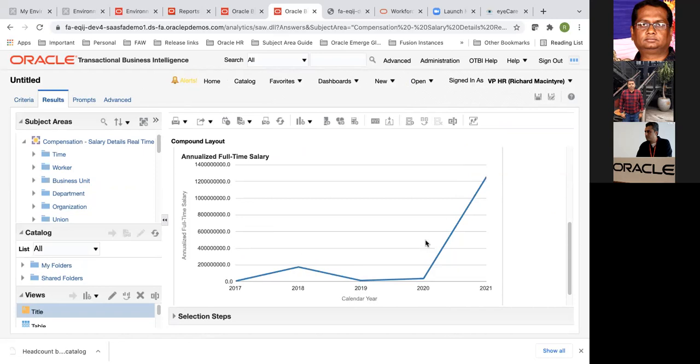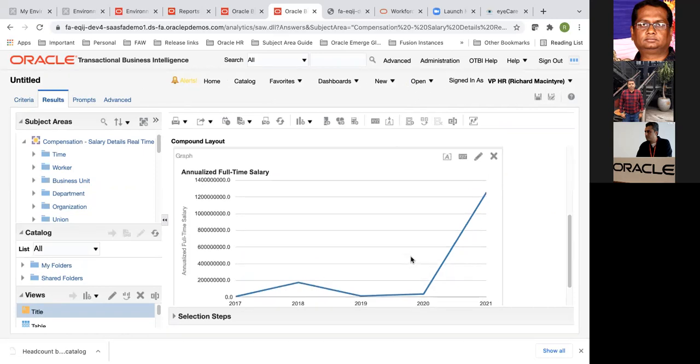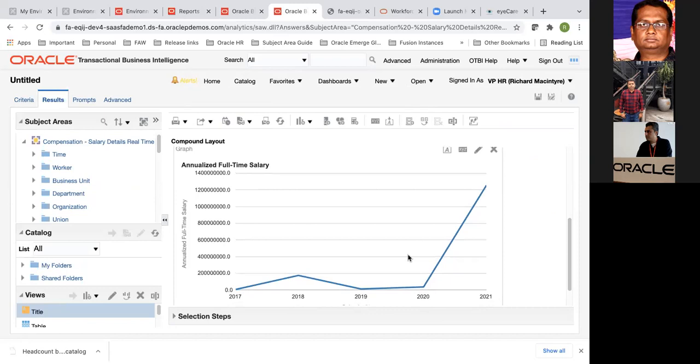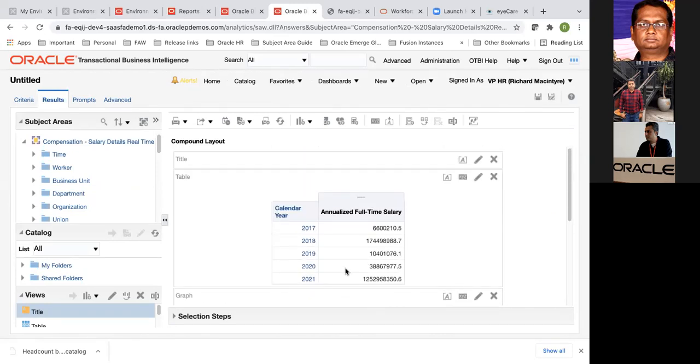So this gives me an idea as to how my salaries are being spent, or the salary expenditure that I'm incurring in my organization by various years. This is the trend report that I wanted to show. Wherever you have the time dimension available, you could build that trend reporting. And most of the subject areas in OTBI have the time dimension, so you could leverage that.